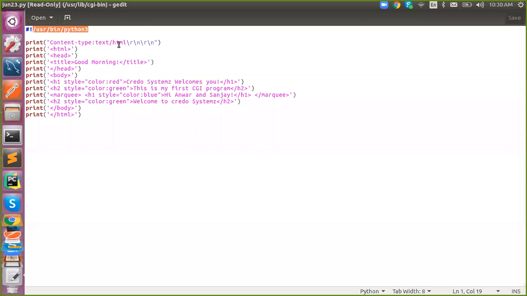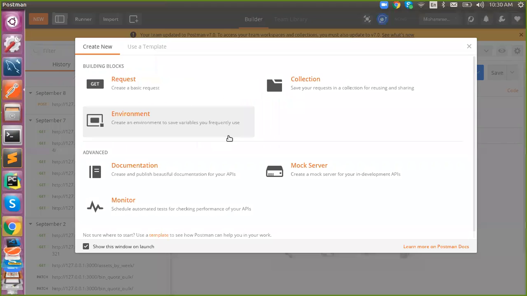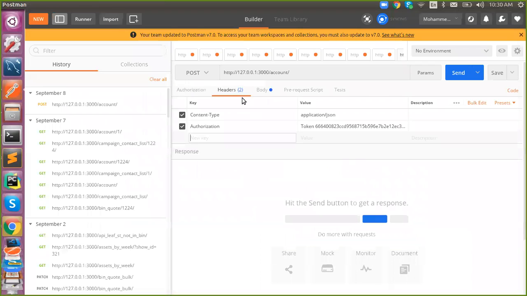This is a must, and the rest will be the same, your normal HTML script. Here I can modify anything I want. You know how to change this, so we can use a format to change it.